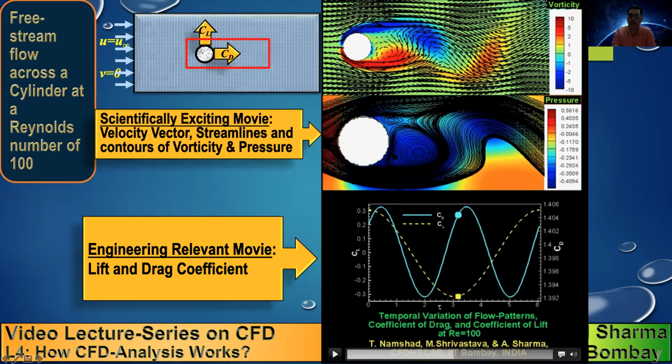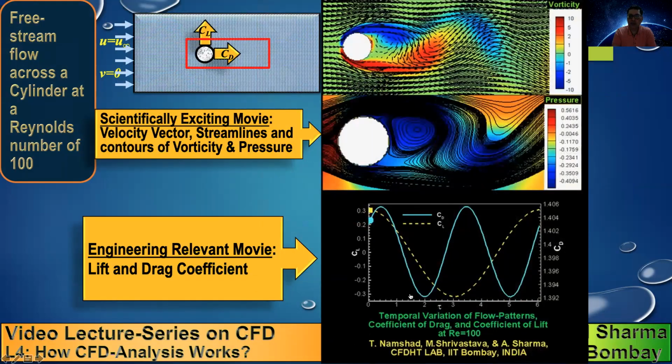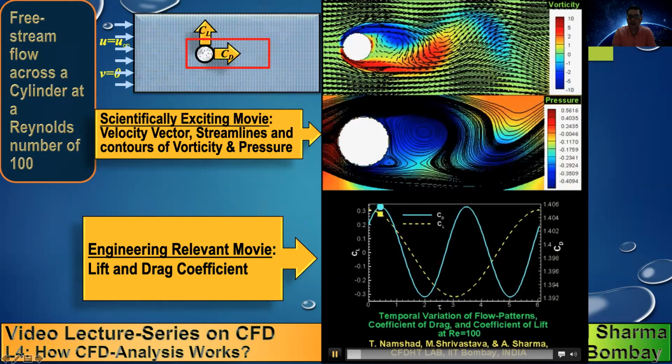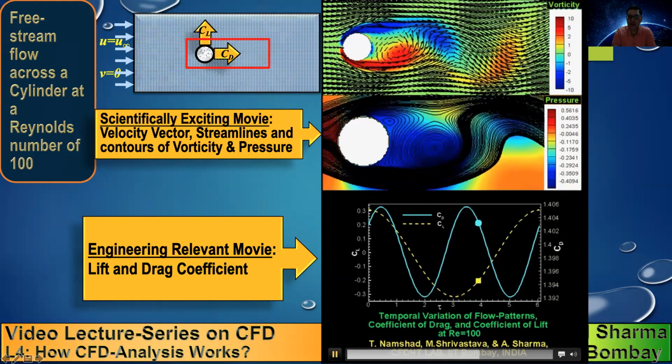So if you look at the picture corresponding to this time instant, what you realize is, if we compare the pressure distribution on the top half of the cylinder versus the bottom half, you can see that on the bottom half you have a darker blue region, and on the top half you have a lighter blue region. The darker blue region corresponds to a smaller pressure as compared to the lighter blue region. So you observe at this time instant, the pressure is smaller on the bottom half, and then when the pressure is smaller on the bottom half, you have a net lift coefficient which is downward.